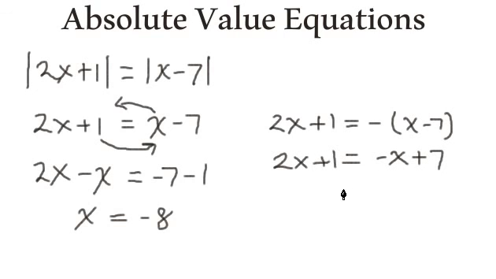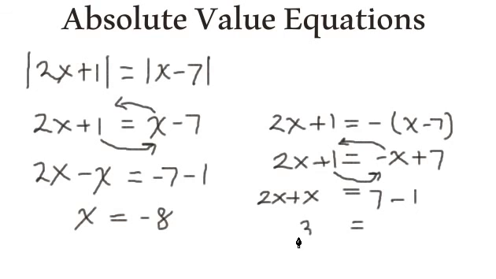2x plus 1. Okay, taking this negative x over to this side of the equal sign, so it's negative, I take it over, change the sign, so it becomes a positive x now. And I'm going to take this 1 over to this side. So we have 7 minus 1. Collecting my like terms, so I have 3x is equal to 6, and therefore x is equal to 2. Right? 2 times 3 is 6. Multiplying both sides by 1/3, a third of 6 is 2. Okay, well, our solution set is negative 8,